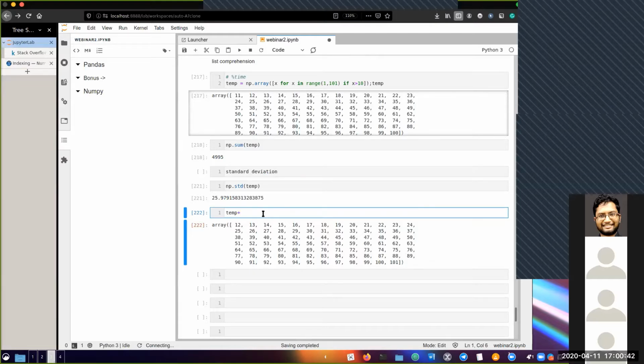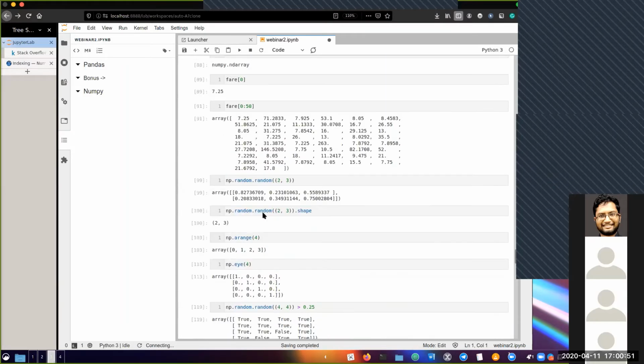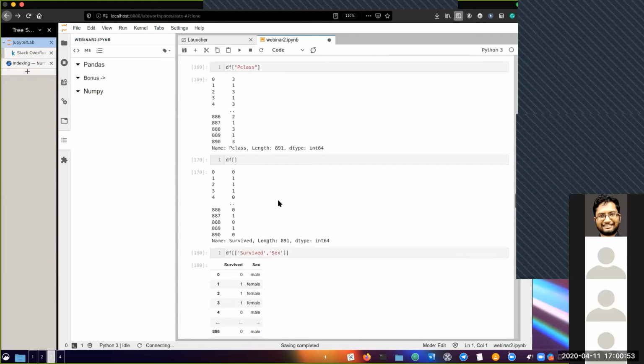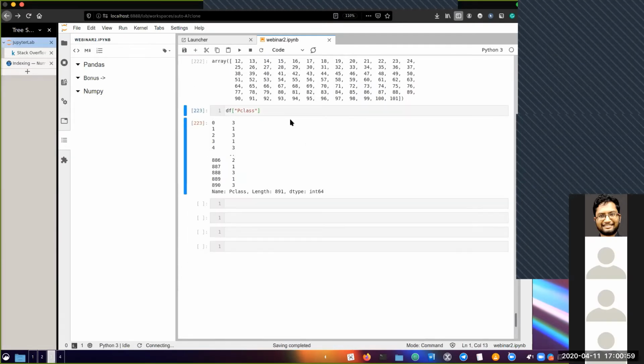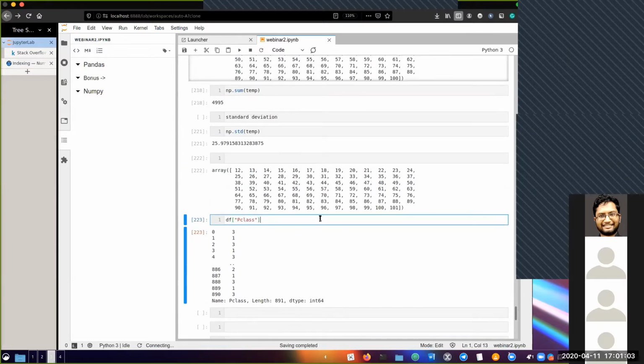Likewise, if you see, this is extremely useful if you want to perform something for your whole data. So let's take the previous example which we were working on, something from the Titanic. Okay, let's just take this, df.pclass. So we have this. If you want to get this to a NumPy array, we have to do dot values.